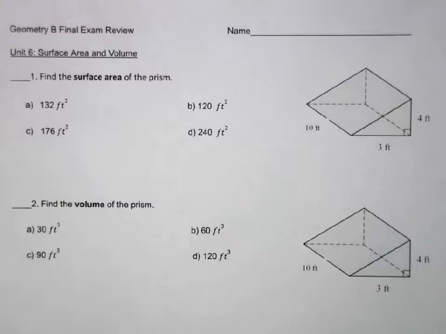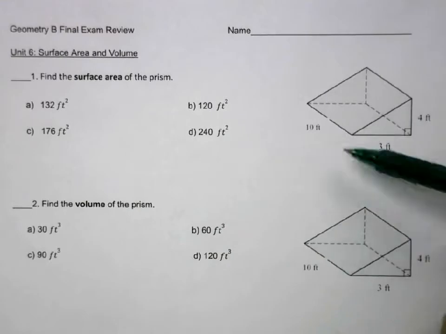In this video, I'm going to go over your second semester geometry final exam review. So the first unit we did this semester was over surface area and volume. So our first shape we have here is a triangular prism, and notice both of these problems have the same